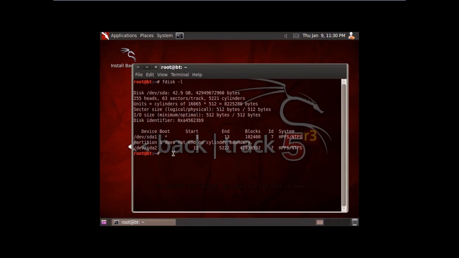But which one is the C drive? We have to mount each and every drive to see whether it is the C drive or not. But you can also choose your drive by noticing over here. This is the asterisk, which means primary. So first we'll mount this drive and check whether it is the C drive or not. Generally, the user gives the C drive as the primary drive, so we'll mount this drive.